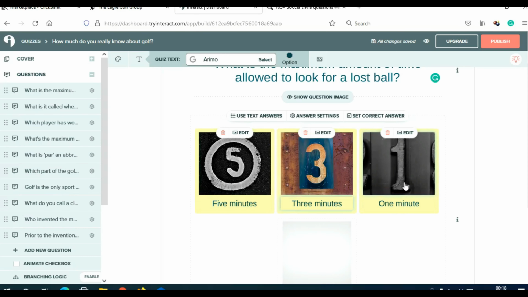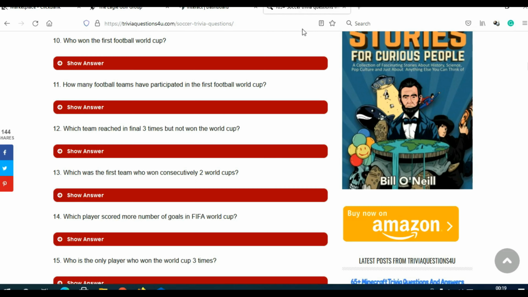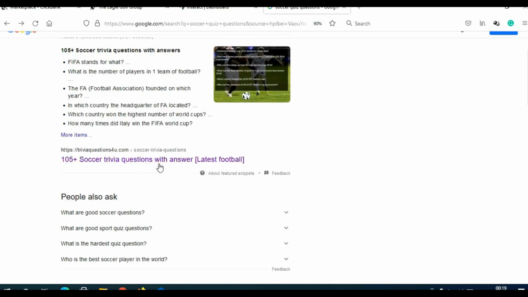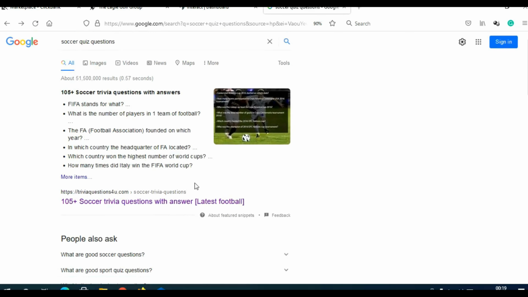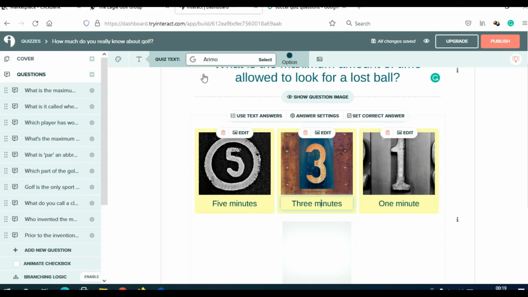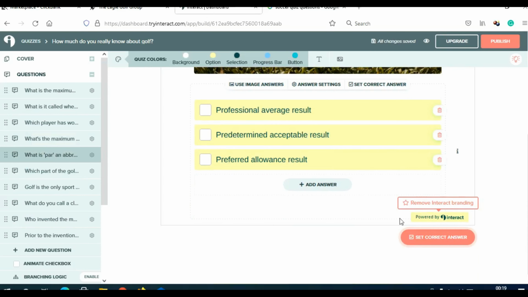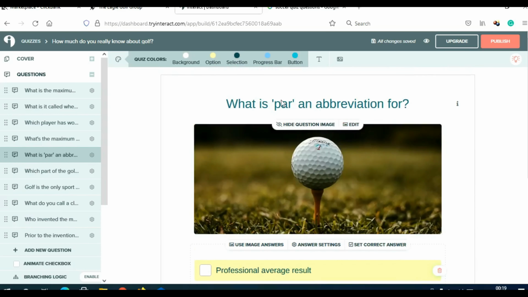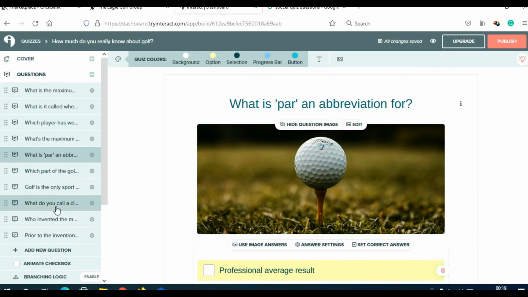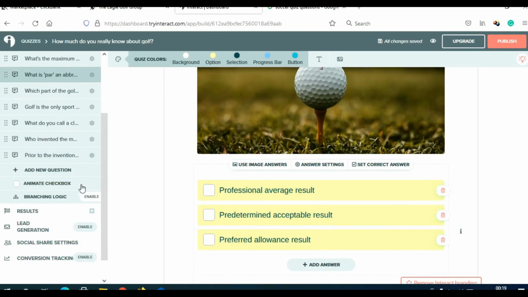Like I said, if you have a soccer related quiz, you can also do the same and find questions related to weight loss, to DIY, to yoga, to fitness, to relationships, to parenting, and so on and so on. Just go on Google and search for example, relationship quiz questions or parenting quiz questions, and then just go back on try interact and create your own quiz with your own questions. And like I said, here you can see different questions. This is another question, and you can even delete entire question here. If you don't want this many questions, you can delete some questions, you can add new questions,